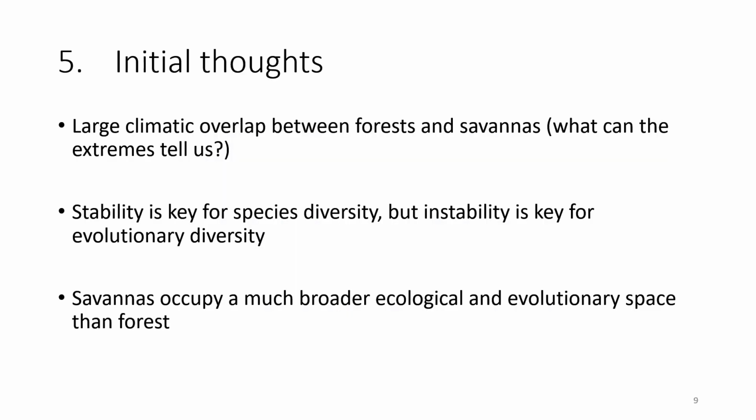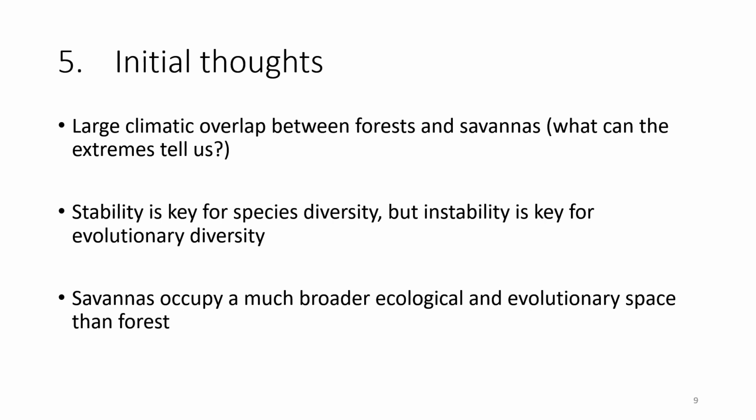So to summarize some of my initial thoughts, I've seen that yes, there is large climatic overlap between forests and savannas, so that kind of confirms what alternate stable states theory predicts. But what can the extremes of each case tell us? What do those pixels that are basically not where they're supposed to be tell us about the processes that govern